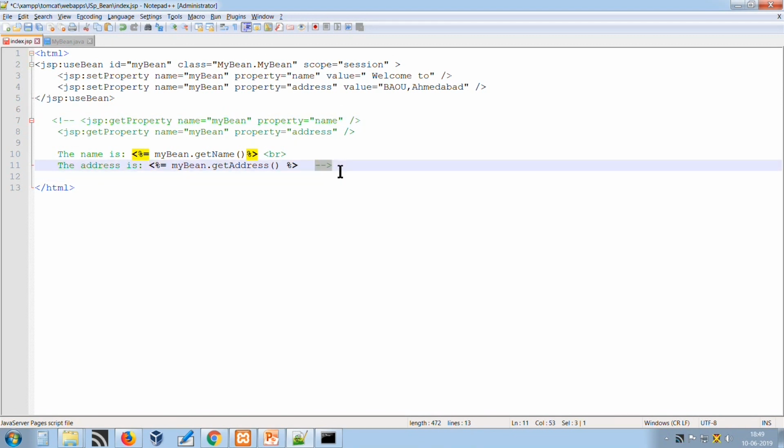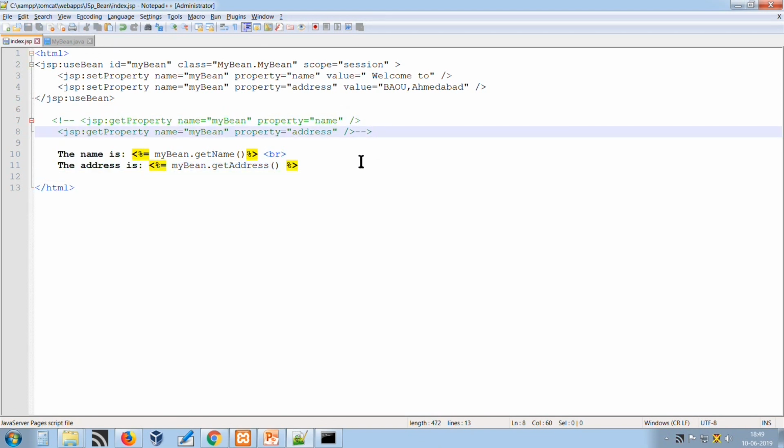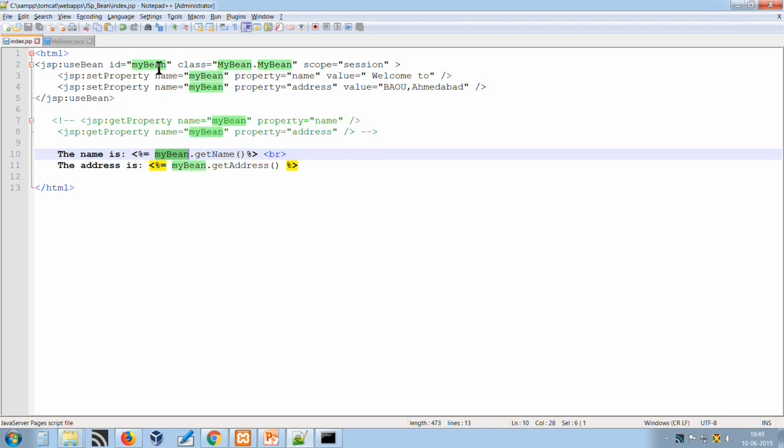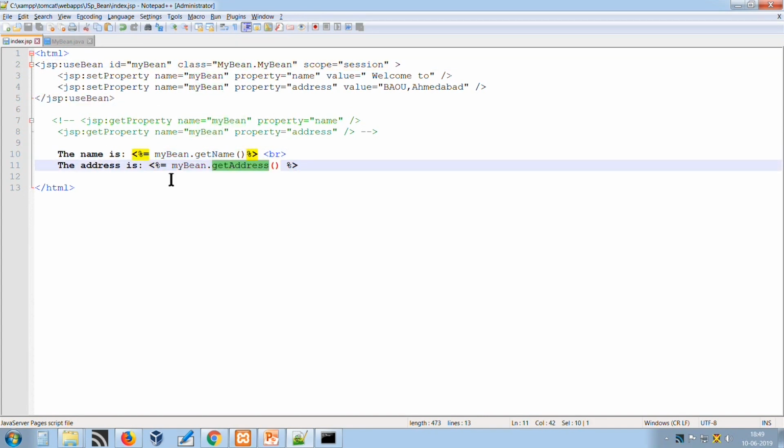You can put a comment in a JSP the same way as we do in HTML, because JSP is all about HTML and Java. Now we have a JSP expression, we are using the JSP expression percentage equal to, and then after we are using the bean ID to invoke the getName method and getAddress method of the bean.